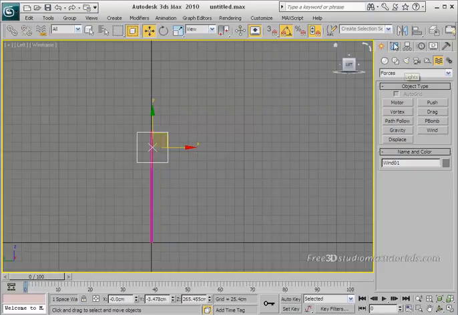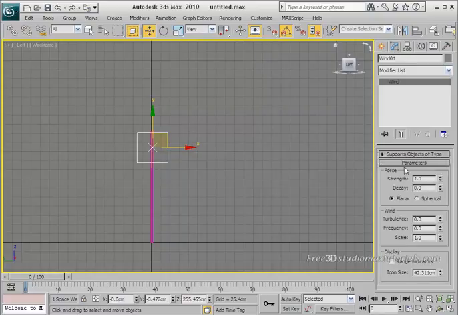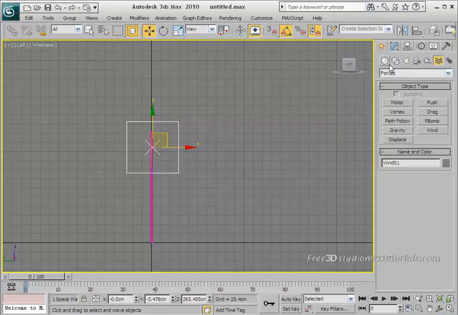Now go to your modify panel, and you can change the size of this wind icon. One thing I must tell you is that the size doesn't affect the wind's force. So we had created one. Now go back to your space wrap, and this time just choose gravity. So click on the gravity